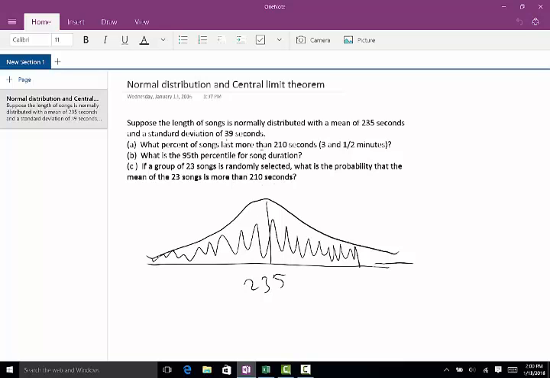Well, the mean is the 50th percentile because of the symmetry. So we want some value that's pretty far to the right of 235 on this x-axis. The next thing we'll need is the z-score such that 95% of the area is below that z-score. In Excel,